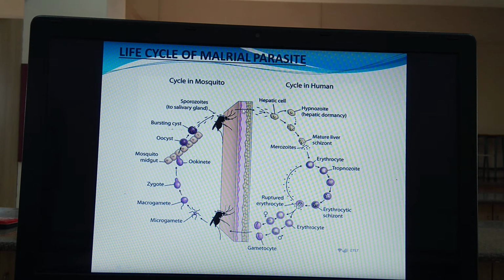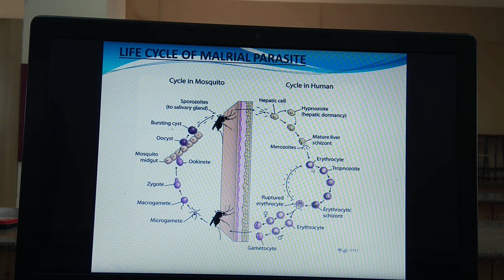So this sporozoite, first of all, infects the hepatic cell. What do you mean by hepatic cell? Hepatic cells means the cells of the liver. So this sporozoite now enters into the hepatic cell. So these are the infected hepatic cells. In these infected hepatic cells, the sporozoites get converted into the schizont. Schizonts get converted into merozoites. Okay, now this fully infected liver cell bursts open and so merozoites are now released into the circulation. These merozoites now infect the erythrocytes.